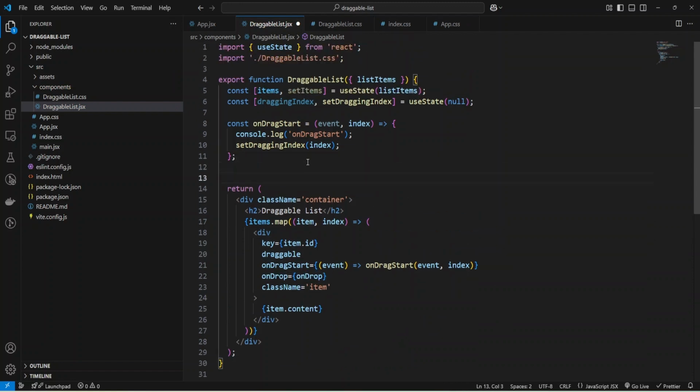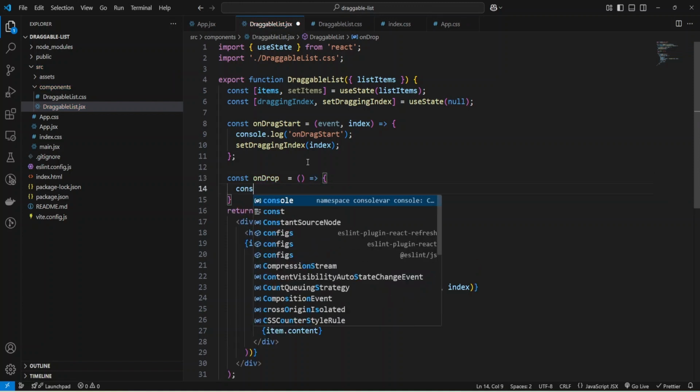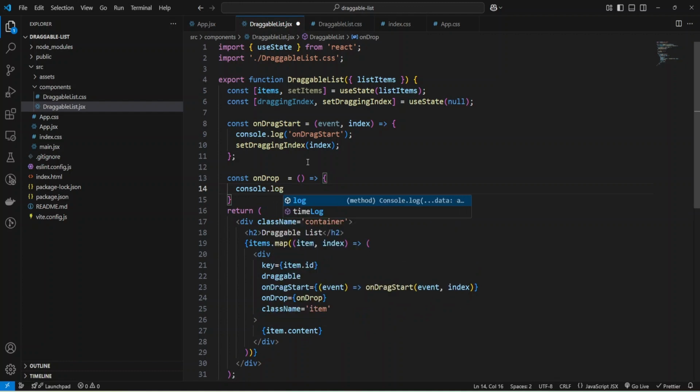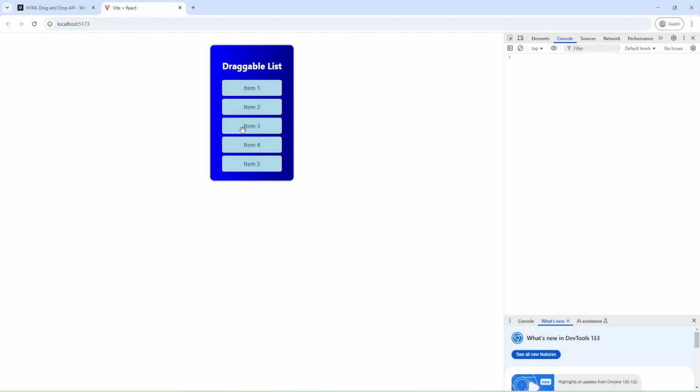Okay, let me provide the function and add code and return, and let's do console.log and add onDrop.